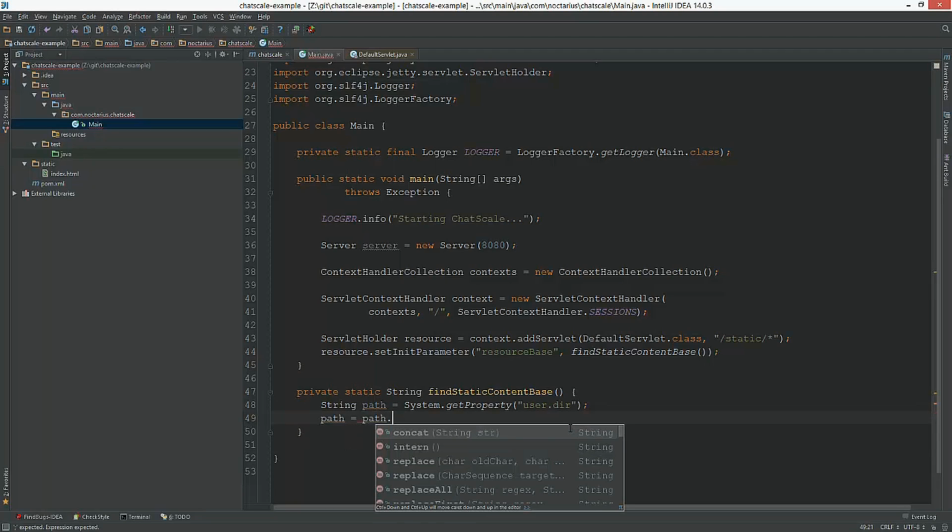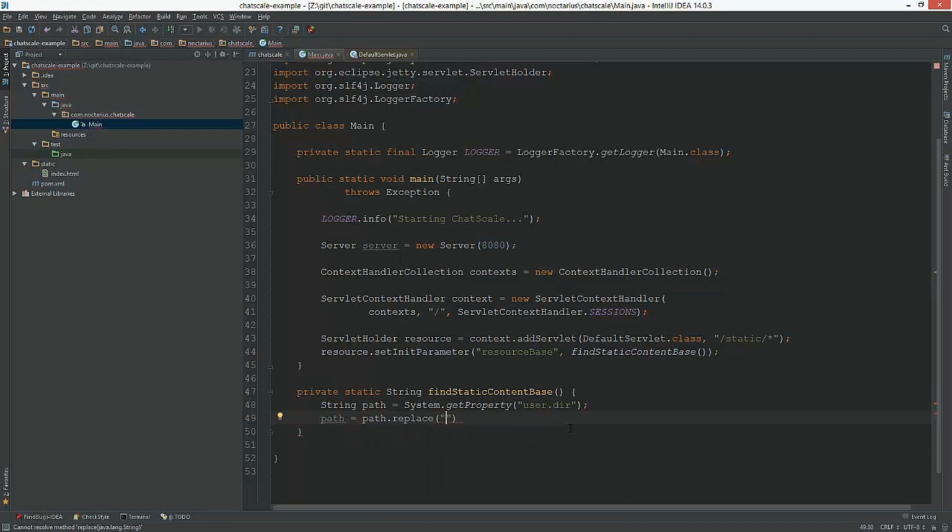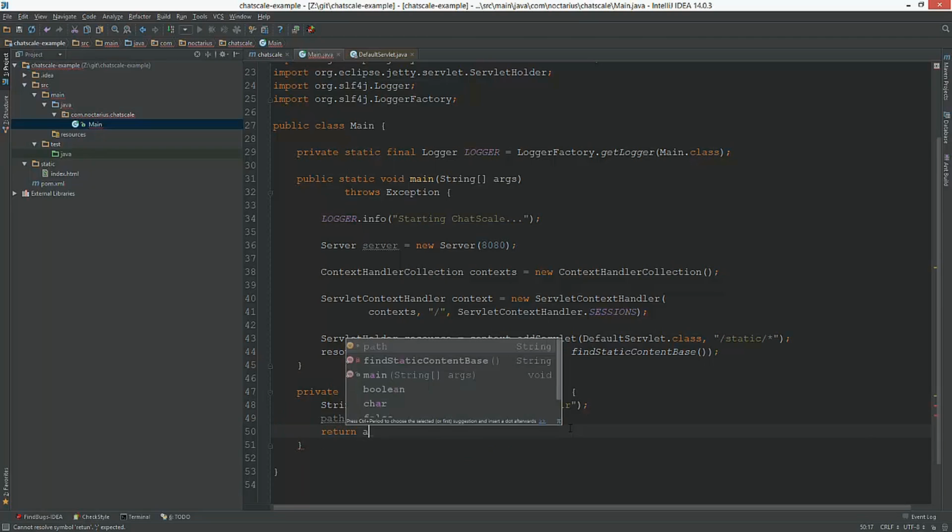Then that will probably most people already know. Windows path to Unix path, and in the end we're just looking.